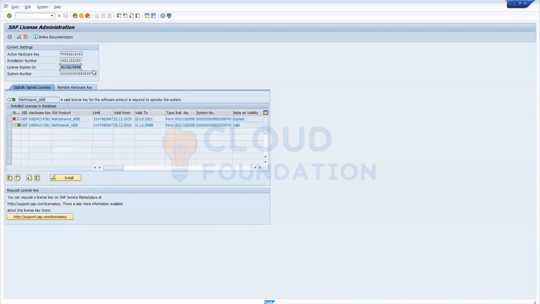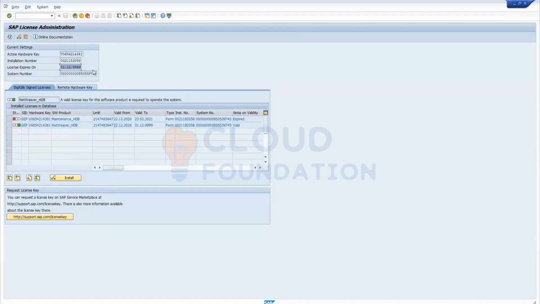SAP says that every 3 months you have to apply the maintenance certificate. They have not applied it for the last 2 or 3 years. You can say they are not doing anything. If our maintenance license is not updated, they cannot give us a support package.